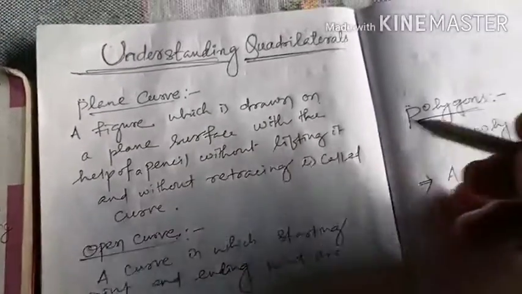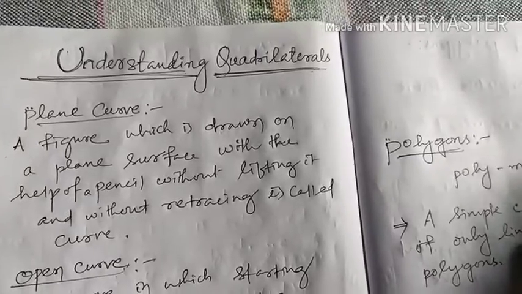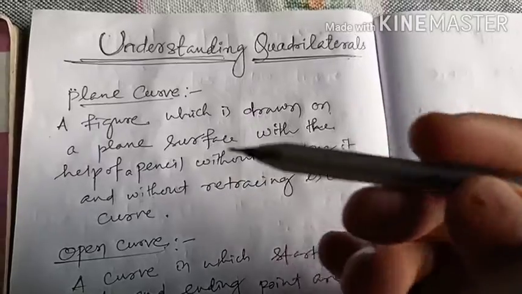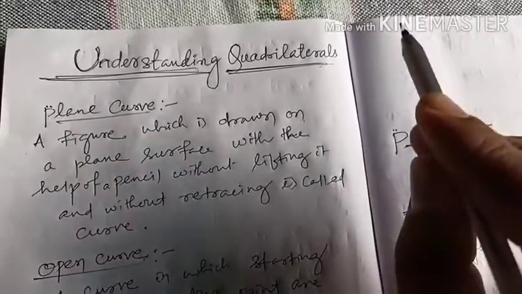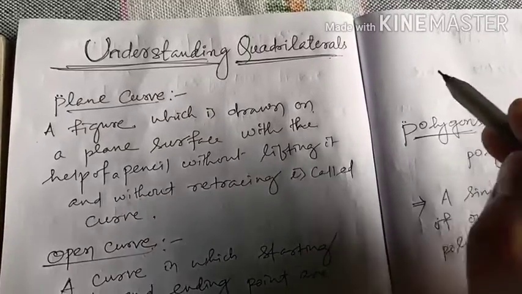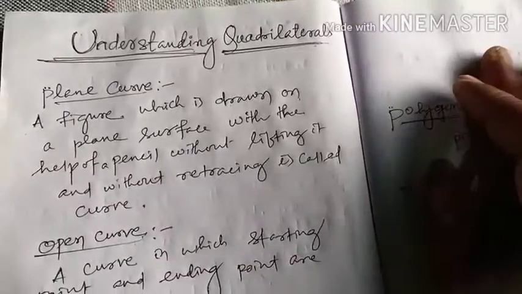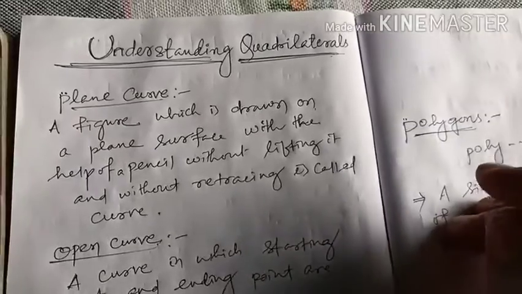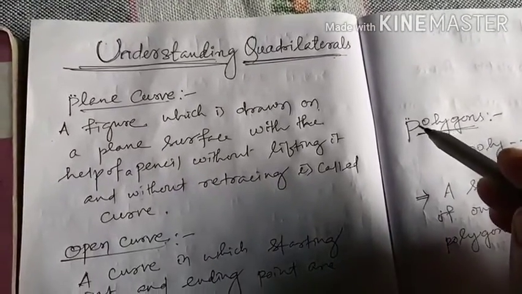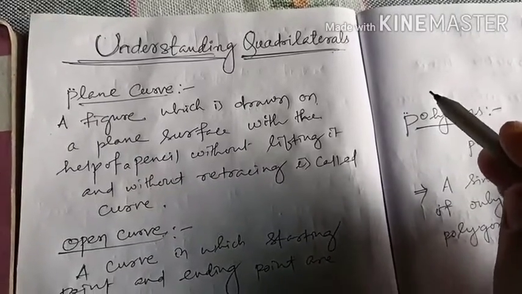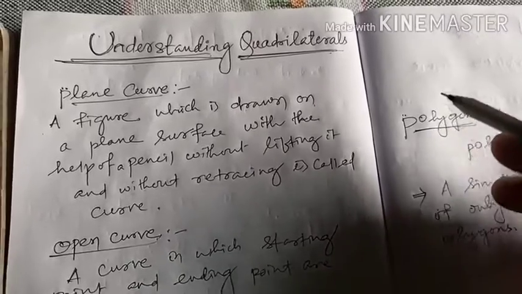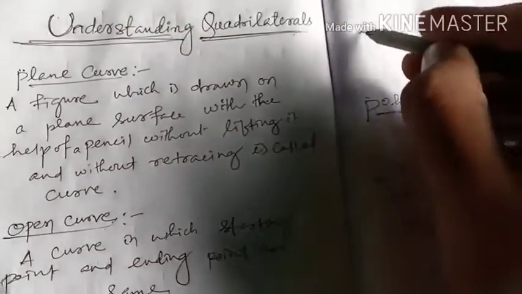तो हम लोग क्या कर सकते हैं, कर्व किसे कह सकते हैं? A plane figure which is drawn with a pencil. Let us, ये तो पेन है, अगर ये पेंसिल में करते तो, for example, let it be a pencil. तो it can be drawn with the help of a pencil on a plane surface. So your copy, this copy is also a plane surface. By tracing the pencil without lifting it, ऊपर नहीं करना है हमें, इसको लिफ्ट नहीं करना, without lifting it or without retracing. So we can draw like this.